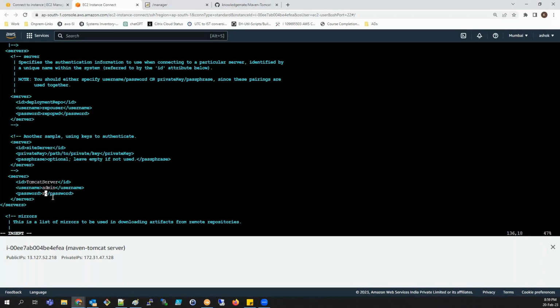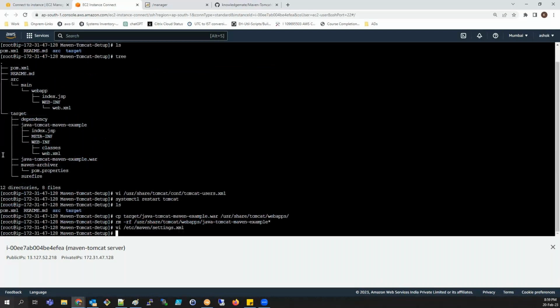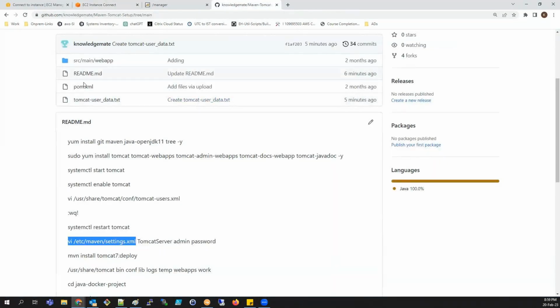You're telling Maven to use the Tomcat credentials to copy that war file. So you provide Tomcat credentials, and in the main pom.xml file also you have to tell the Tomcat